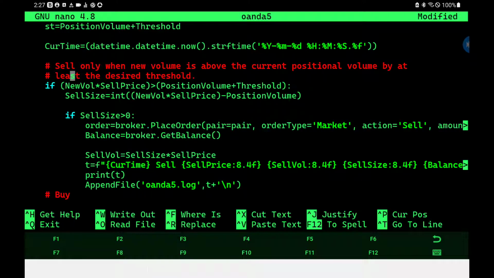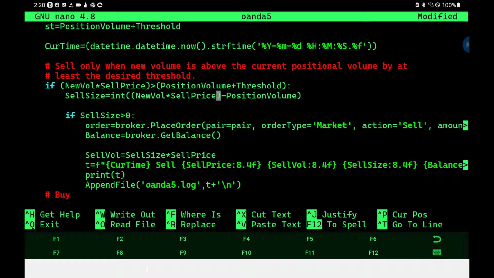So if new volume times selling price, this gives us our total new volume. If that is greater than our positional volume, the 100 units we originally purchased, plus the threshold, plus the amount of profit we absolutely have to have, including the requirements for Oanda's minimum size, so if that's the case, and we actually have that,